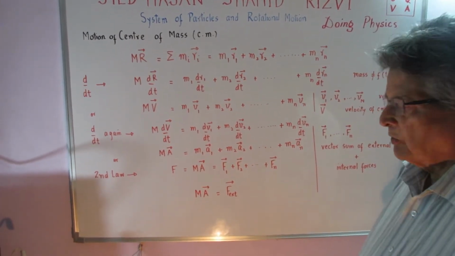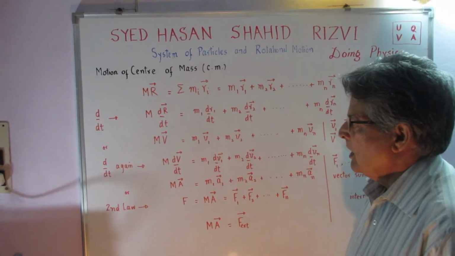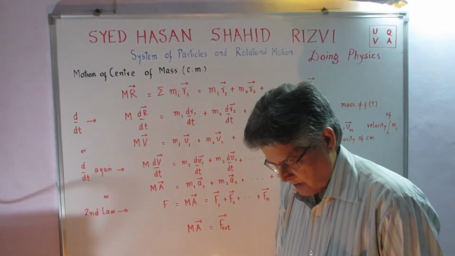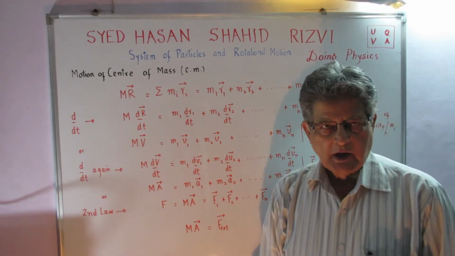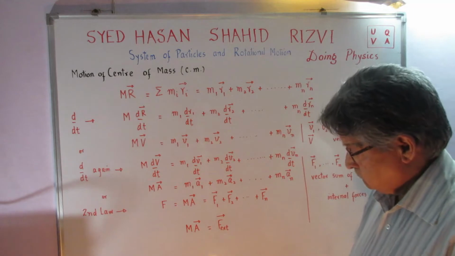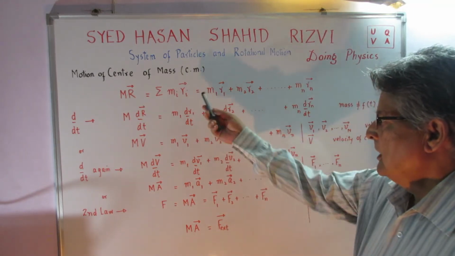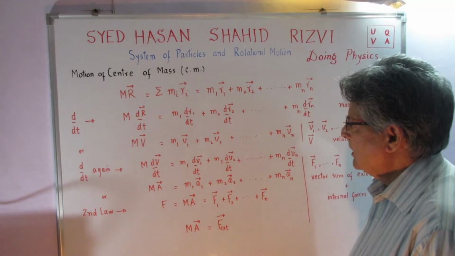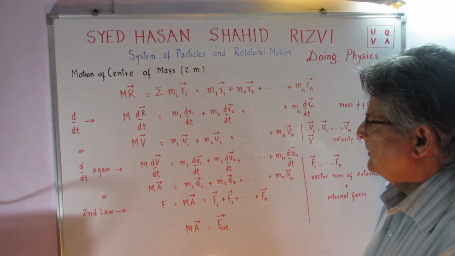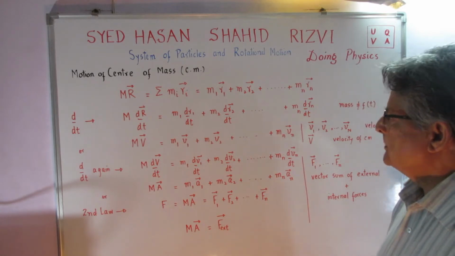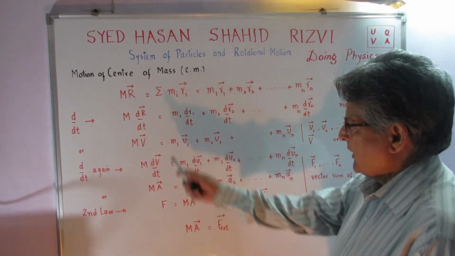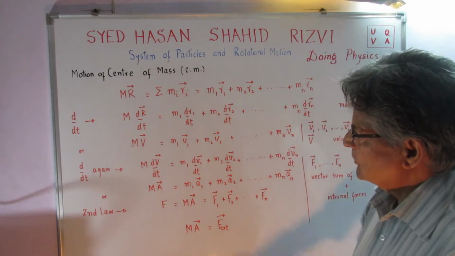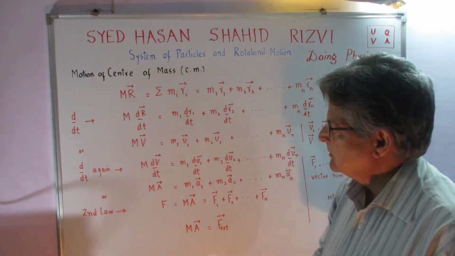Building on the system of particles and rotational motion, in the last lecture I told you about the center of mass and how to obtain its coordinates. If the position vectors r_i are known to us in the orthogonal coordinate system with mutually perpendicular axes x, y and z, we could write this equation: M vector R is equal to sigma of m_i r_i vector,